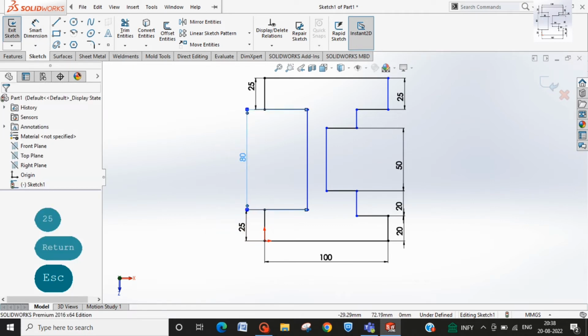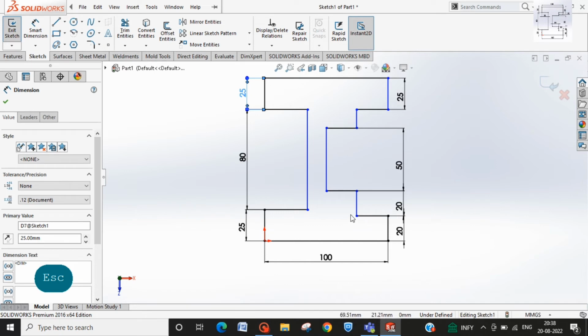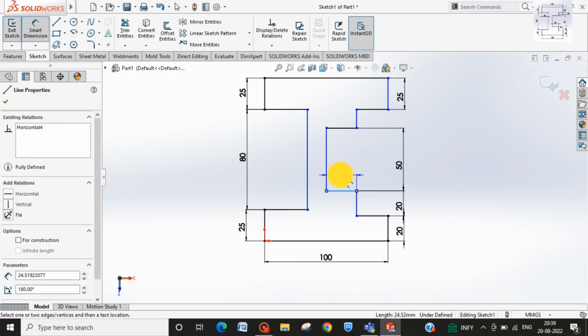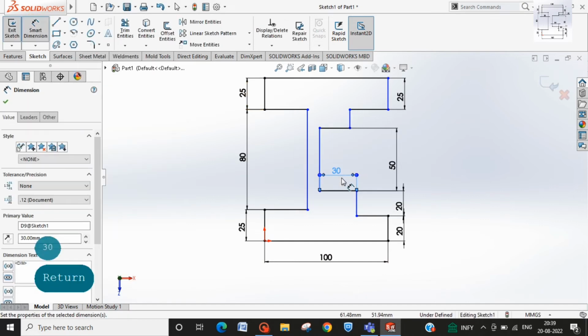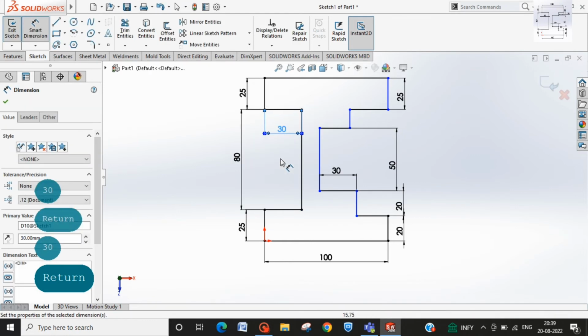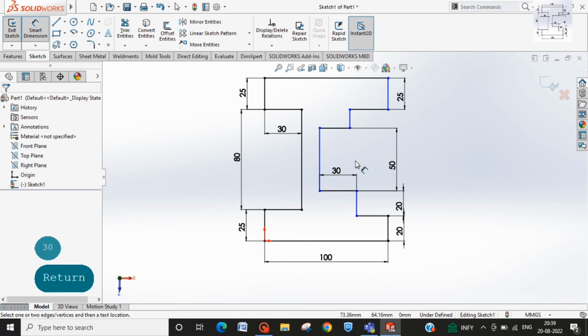Now we will check this length, which should be 30, and this one should also be 30. So all the dimensions are given,